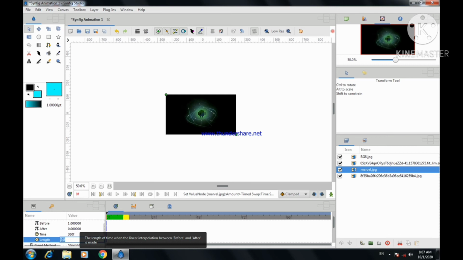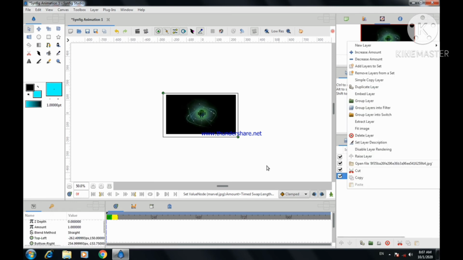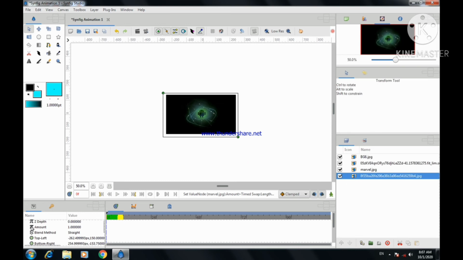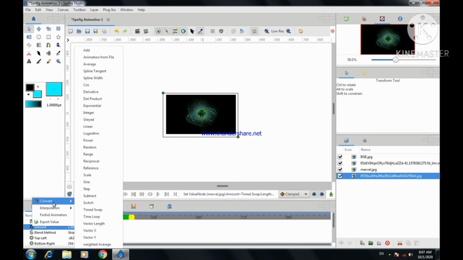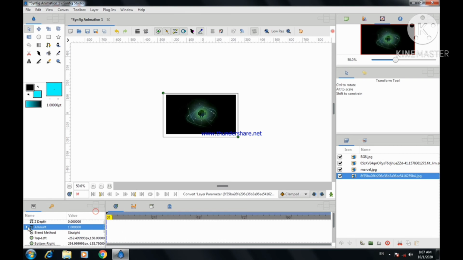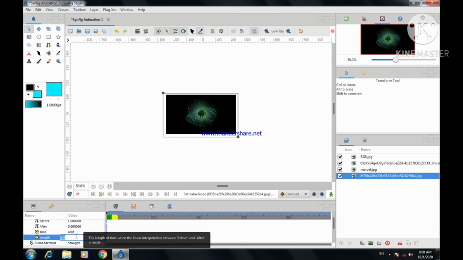And fourth image, again amount, right click, convert, timed swap. Now here I'll change after to 0, time to 20 seconds, and here transition time 2 seconds.